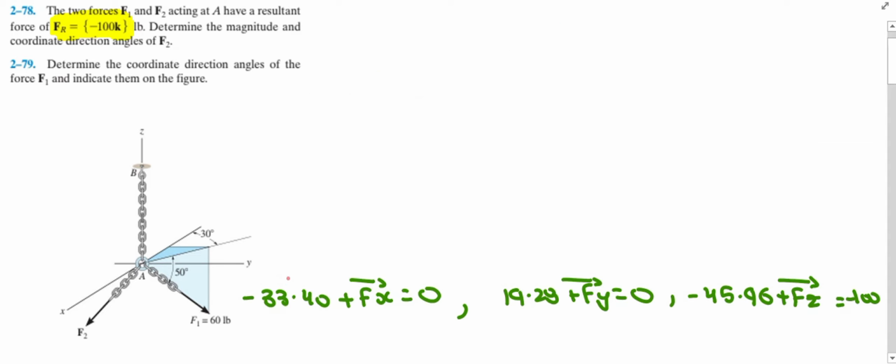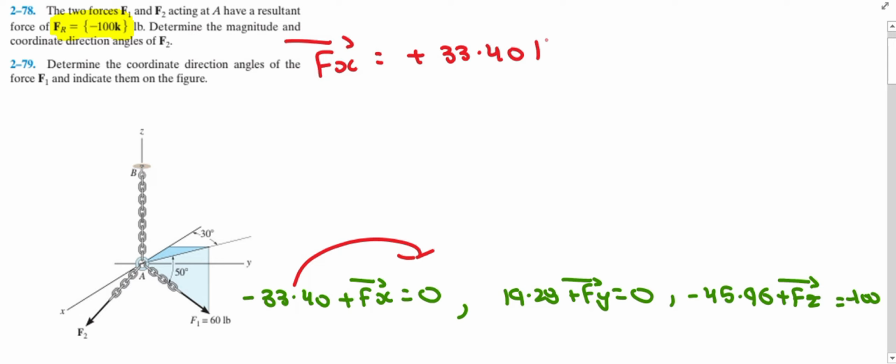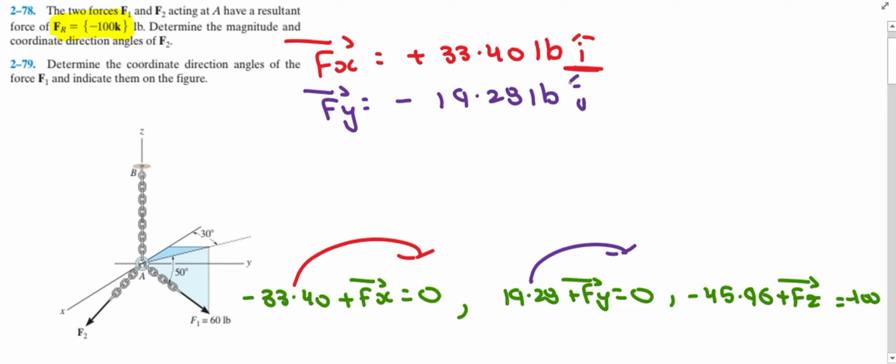Now shift negative 33.40 to the opposite side so that it will become Fx, which is equal to positive 33.40 pound i cap, because i represents the direction of F2 along the x-axis. Similarly, shift 19.28 to the opposite side so that it will become Fy, which is equal to negative 19.28 pounds j cap. And lastly, shift negative 45.96 to the opposite side so that it will become positive 45.96. And similarly, if you add negative 100 with positive 45.96, you will get Fz, which is equal to